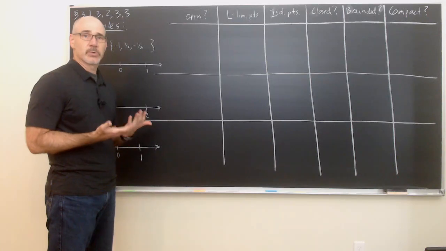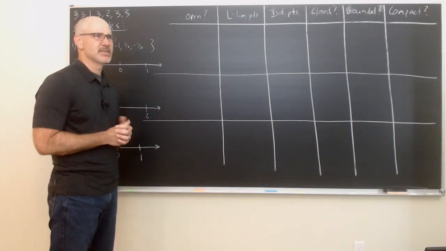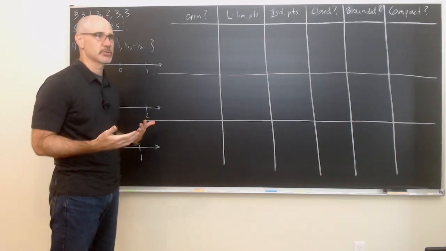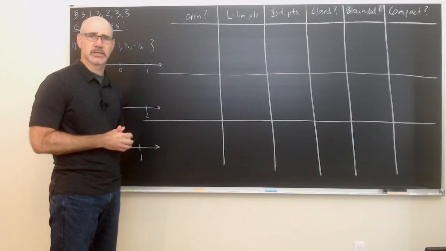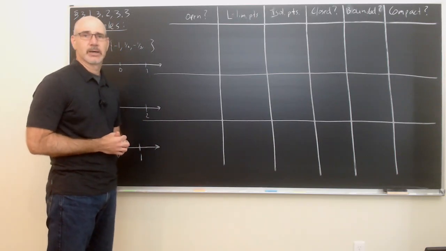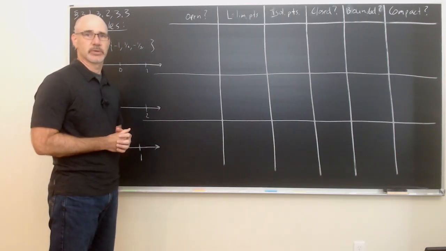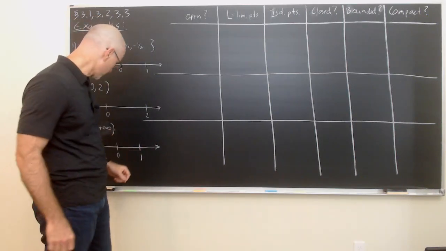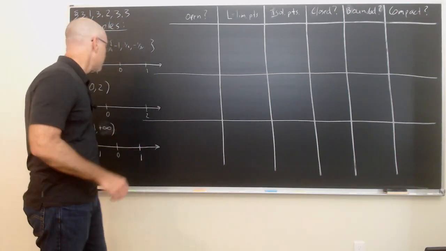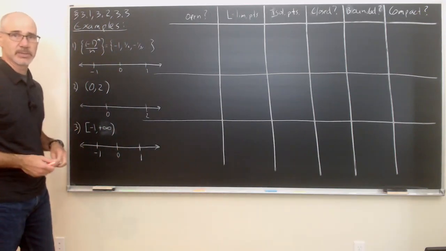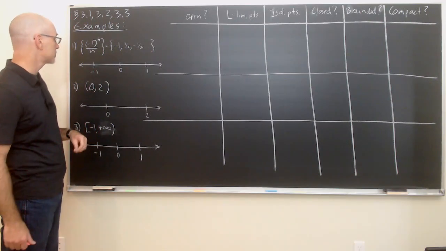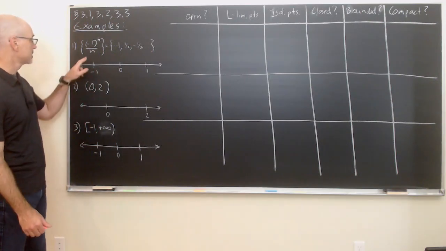So I thought that a good way to start to make sense of the definitions is to do a few examples that hopefully illustrate most of the kinds of things that'll happen. And then you'll have a few examples of your own to try for homework. All right, so the first example, these are all provided in the pre-video notes. But the first example is the